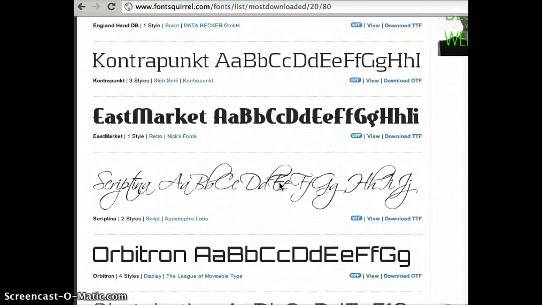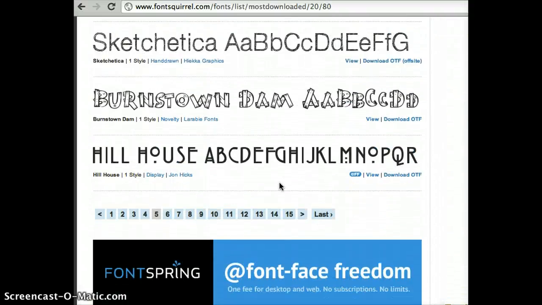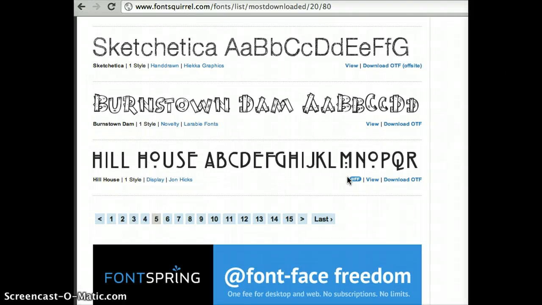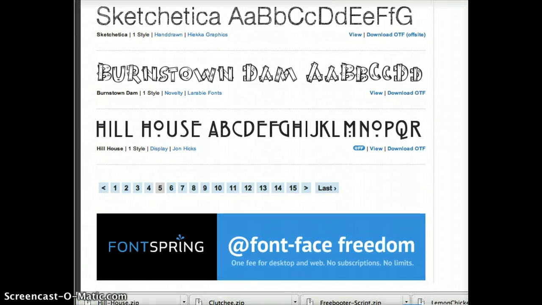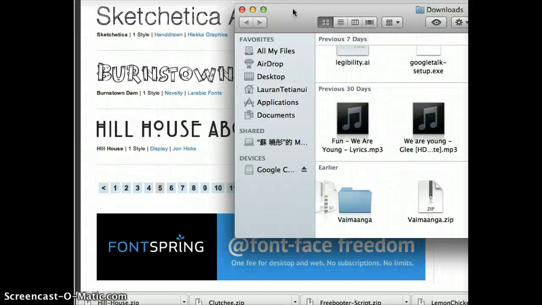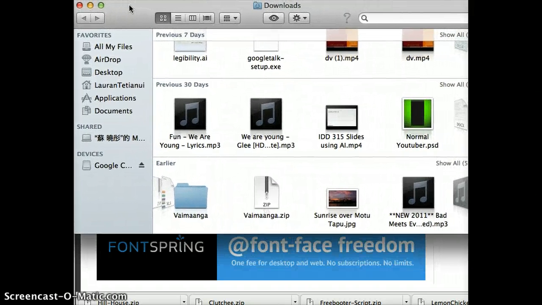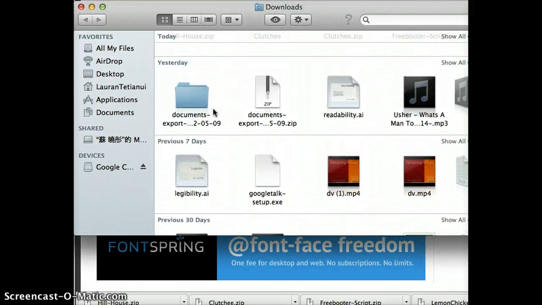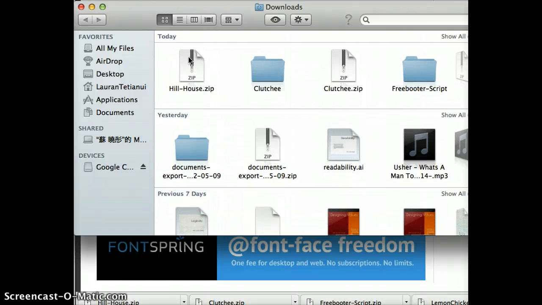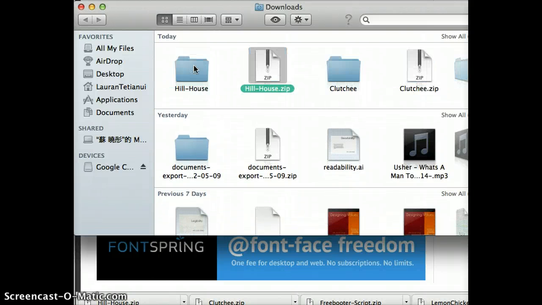So what I'm gonna do now is I'm gonna show you how to download one. So I'm gonna download this Hill House one. So I'm gonna press download right here, OTF, and then at the bottom of my browser right there, you can see it downloaded. So I'm gonna click on that, and then my Finder will come up. This is my Finder for my computer. Okay, so I'm gonna scroll up, and this is where it came to. So I'm gonna double click this,